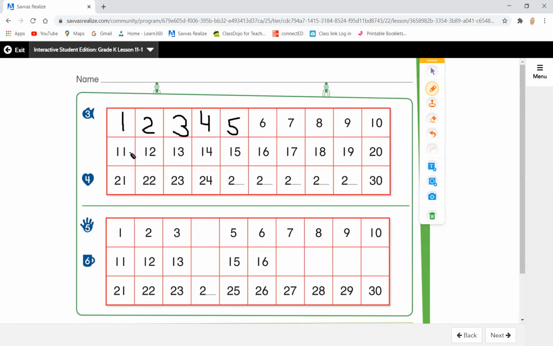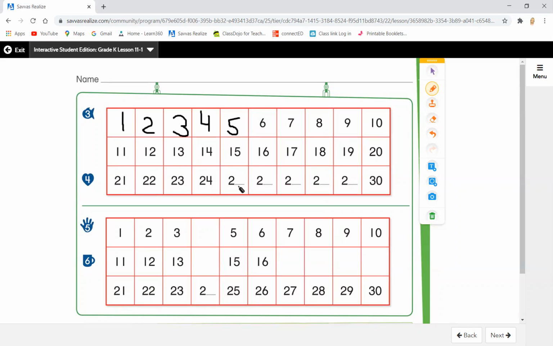I did. And I can also look to make sure that my pattern's the same. I can look at it and I can see, a 1 and a 1. Oh, I must need a 1 here. And then a 2, and there's a 2 in my 1 spot and a 2 in my 1 spot here. So I'm going to put a 2. There's a 3 in my 1 spot and a 3 in my 1 spot here. 4 in my 1 spot, 4 in my 1 spot. 5, 5, 5. Oh, and I think for number 4, it says count the numbers in the bottom row and